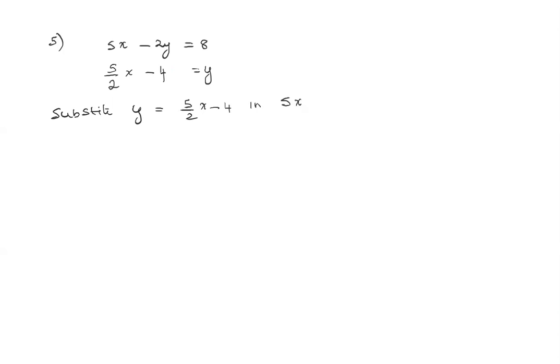Next, let's do number 5. So we have a fraction in the second equation, just one fraction. Keep writing the y. Minus 4 equal to y. So now we can substitute this y in the first equation. So I have y equals 5 half x minus 4, and plug that one in the first equation. So we get